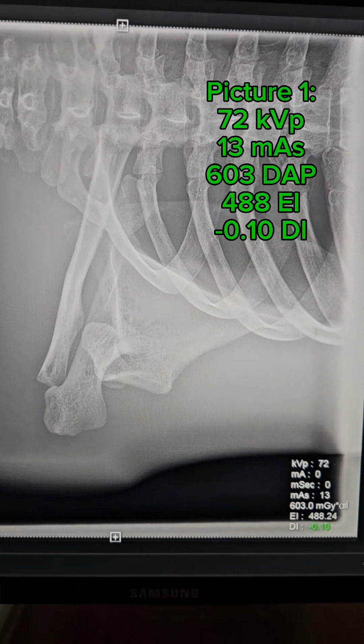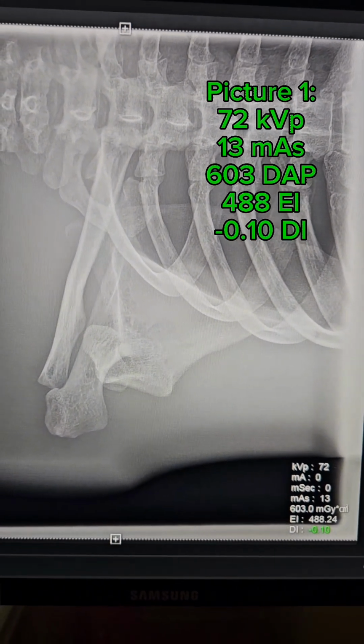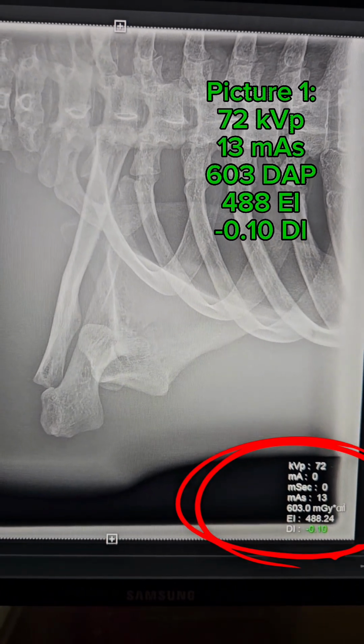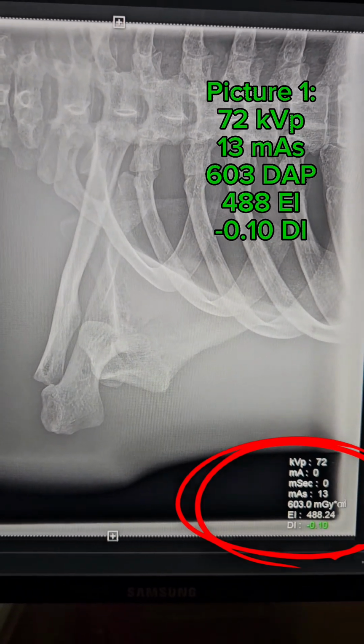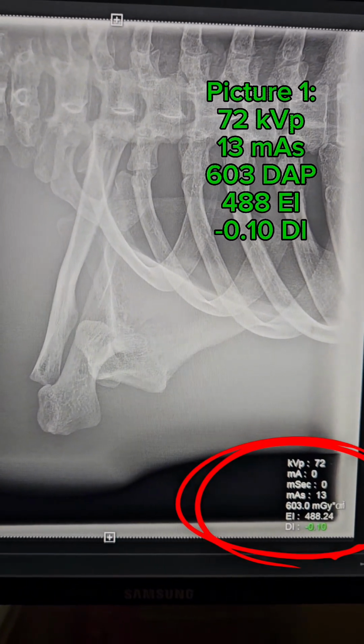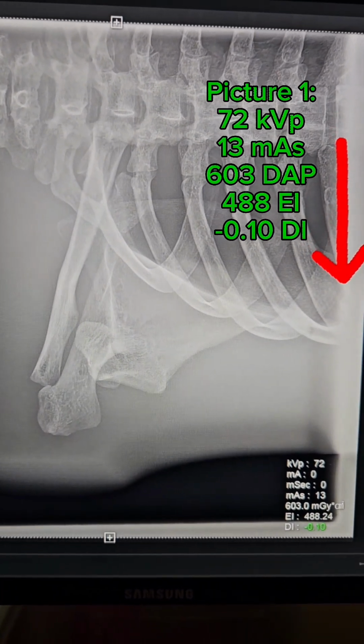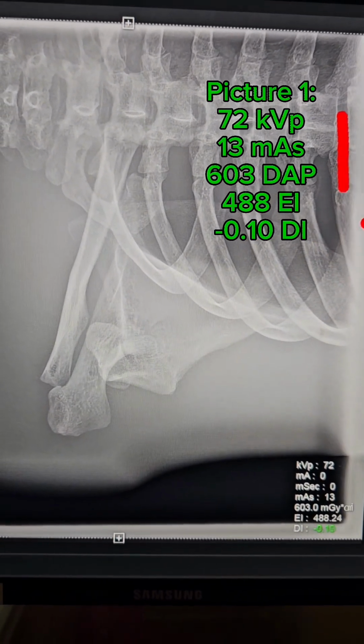Today's lesson is going to be about collimation. Here we have a normal shoulder x-ray. Note that we used 72 kVp, 13 mAs, and we shot an almost perfect DI of negative 0.10, which means this was a great x-ray. I mean, we did clip the inferior angle of the scapula, but this is a technique class, not positioning, so